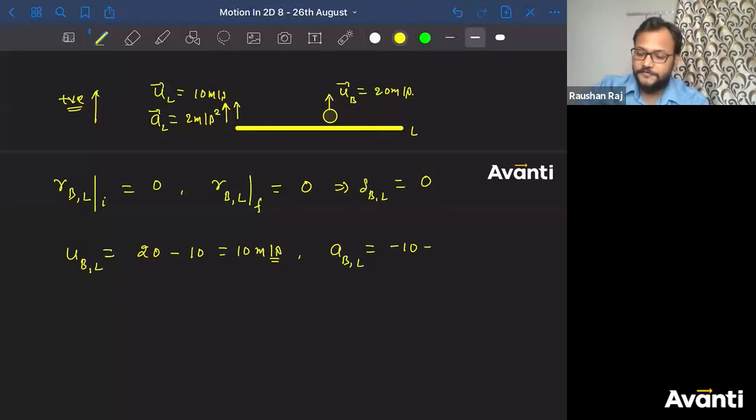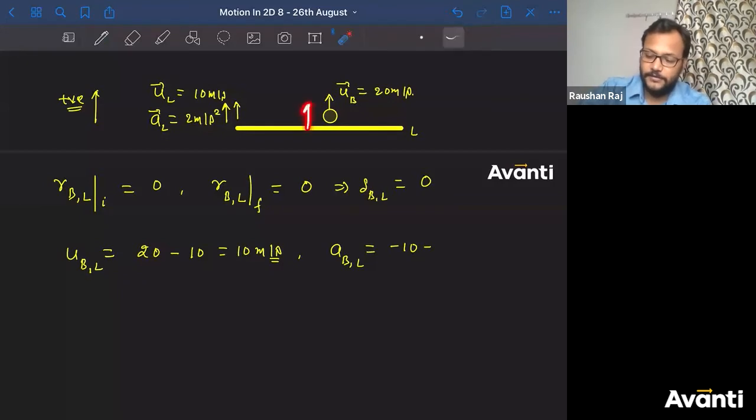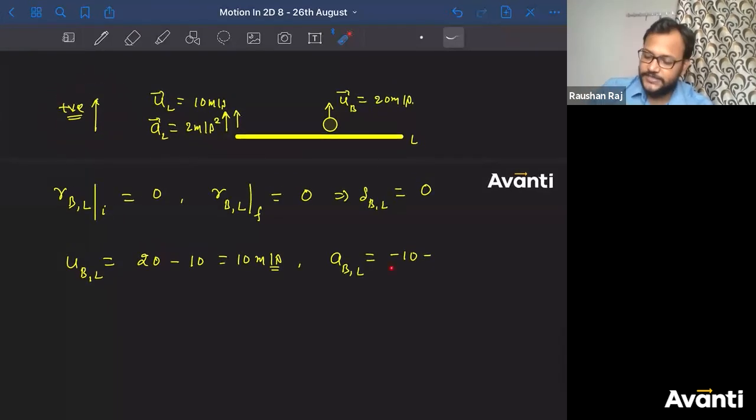What is the acceleration of the lift? Acha, why minus 10, bachalo? Because when you throw that ball, the moment the ball comes in air, the only force that will act on the ball is force due to gravity. Right? So acceleration will be there because of the gravity only. And acceleration due to gravity is nothing but g. But in downward direction, since we have considered positive direction as upward, so this acceleration of ball will be negative 10 or minus g.